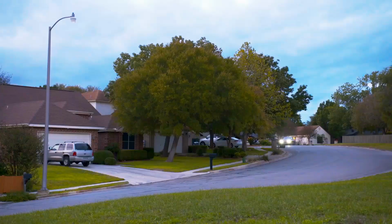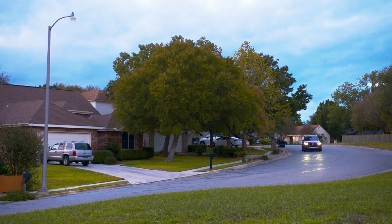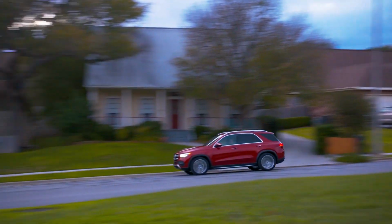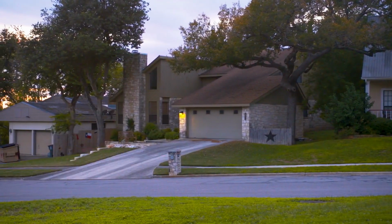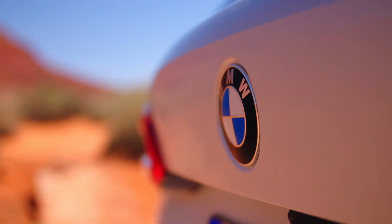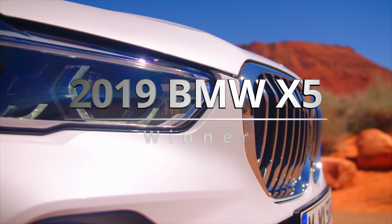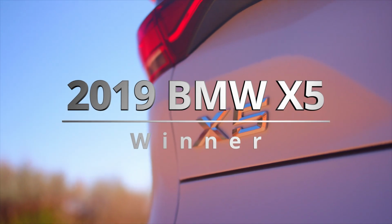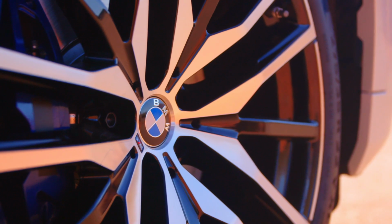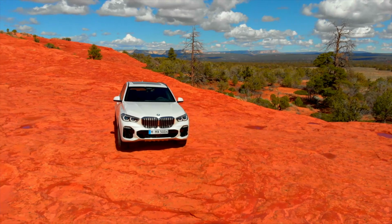Where the GLE truly shines is its infotainment system with MBUX. It offers both Apple CarPlay and Android Auto as opposed to only Apple CarPlay on the X5. So, to conclude, it's hard to deny the attractiveness of the Mercedes GLE. Its interior design is ahead of the X5's in wow factor. But from outside, behind the wheel, and from a standpoint of daily functionality, it's the BMW that sets the standard. It's more comfortable, the infotainment system is easier to use, ride comfort is superior, and its driving dynamics outperforms the Mercedes in every way. Although the new GLE is impressive in its own right, the 2020 BMW X5 takes the